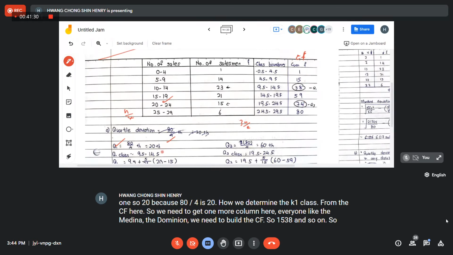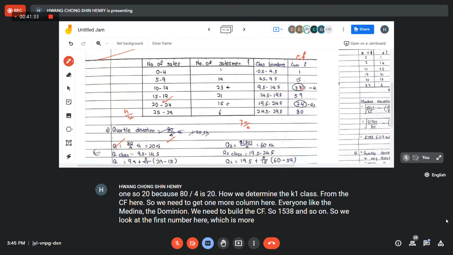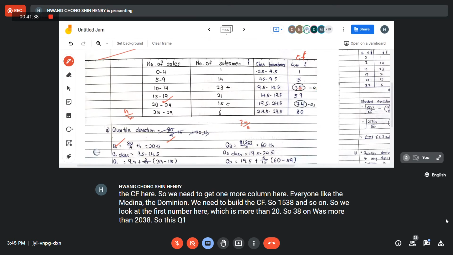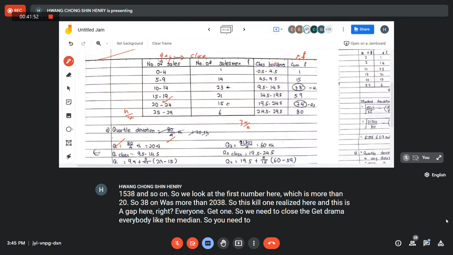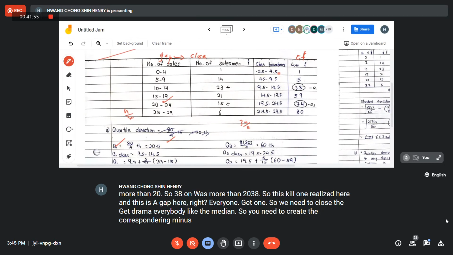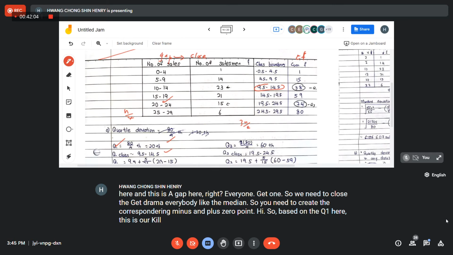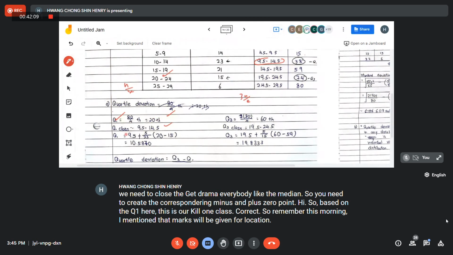So we look at the first number here which is more than 20. So 38. The first number more than 20 is 38. So this Q1 will lie here. And this is a gap here, right, everyone? So we need to close the gap, like the median. So you need to create the class boundary by minus and plus 0.5. So based on the Q1 here, this is our Q1 class, correct? Remember this morning, I mentioned that marks will be given for location, the class, and then